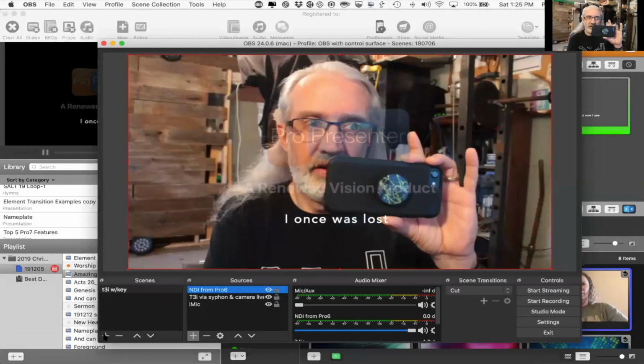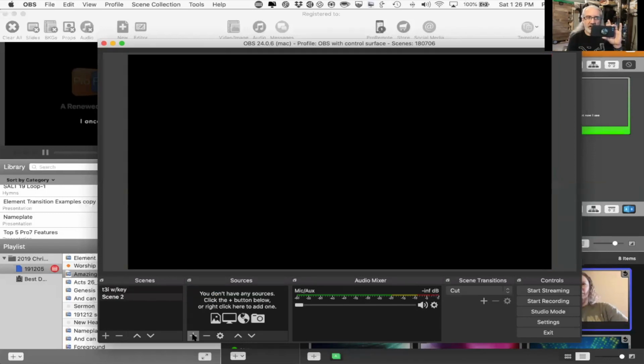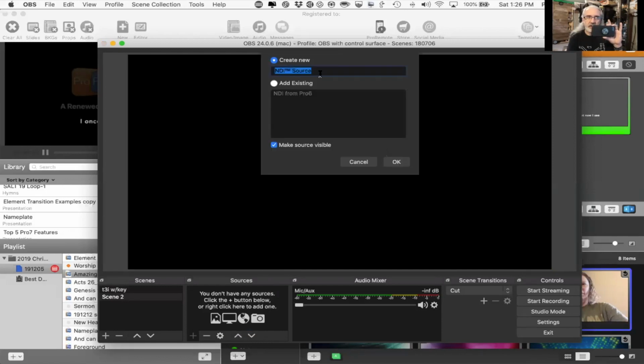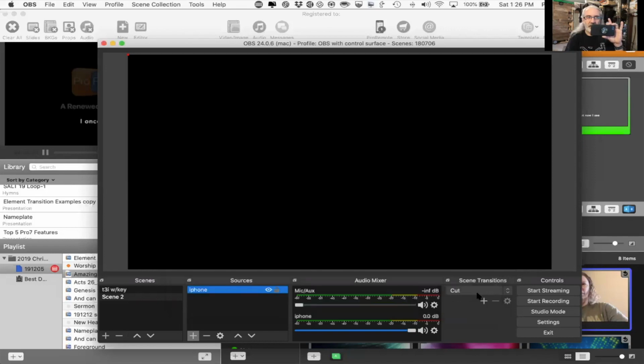I'm going to add a new scene here. I'm just going to call that scene 2. And then I'm going to add a new source here. And again, I'm going to go to NDI source. This one I'm going to call iPhone. Except since I'm typing one-handed, I'm not typing very well. iPhone, not iPhone. So there we go. Source name. You'll notice I've got a new source, Paul Clifford's iPhone. So I can click that,